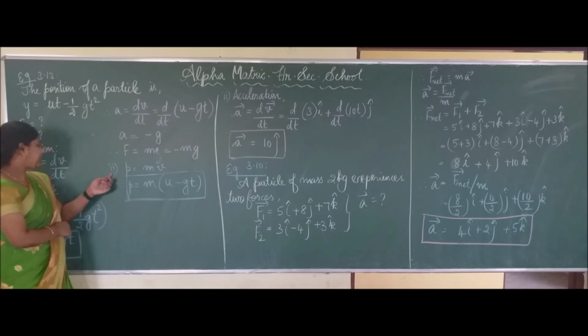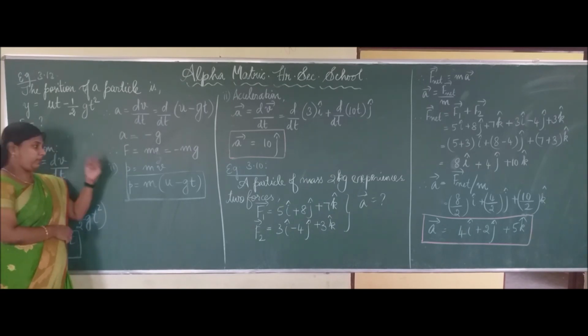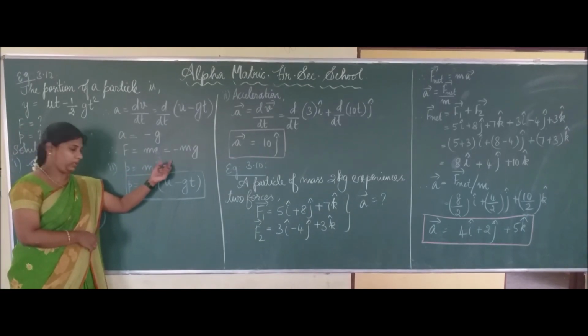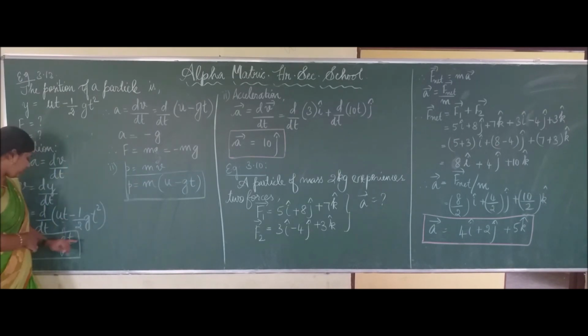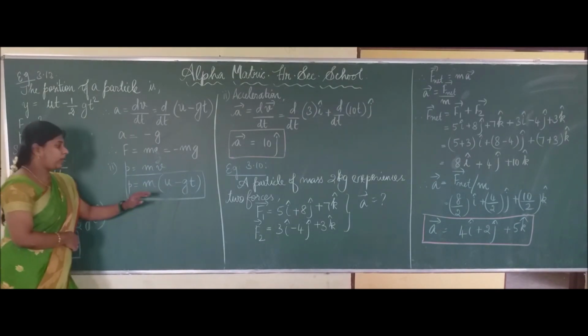Okay. And next they ask what is the momentum of the particle. You know the momentum formula P equal to m into v. So m into, and the v equation we got is u minus gt. So m into u minus